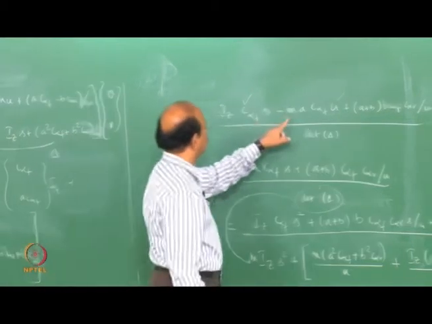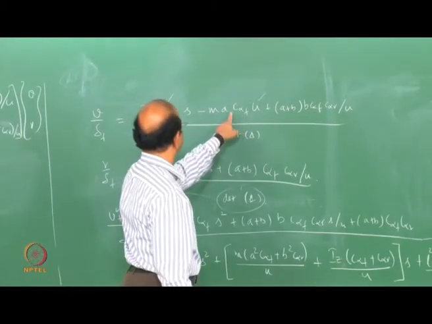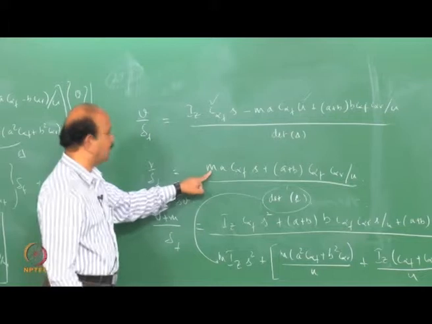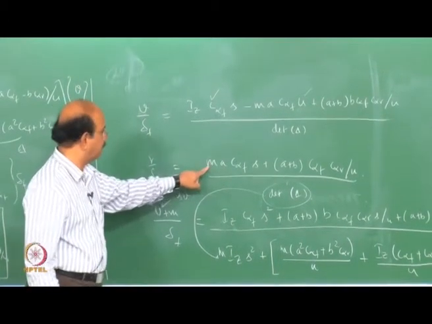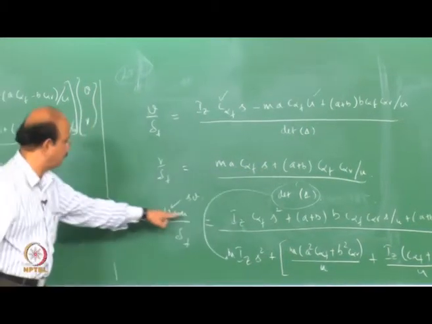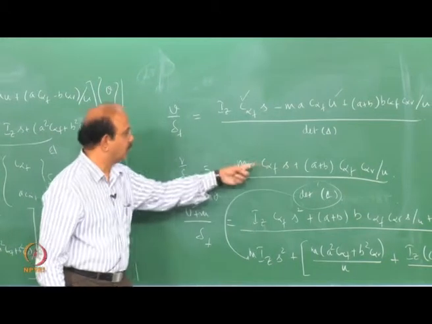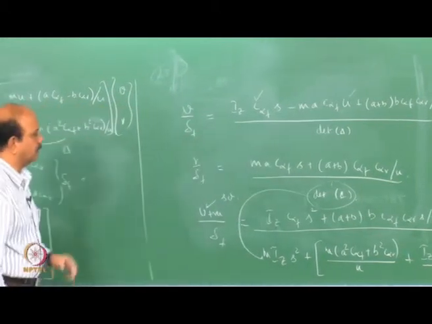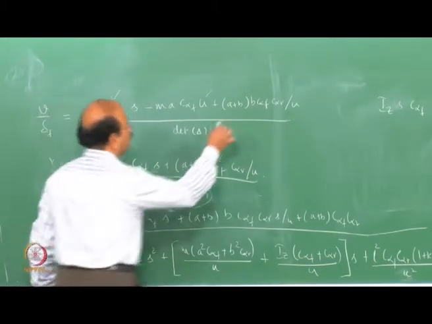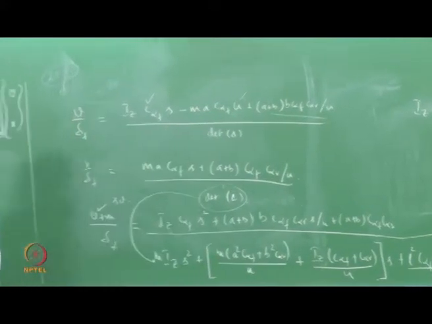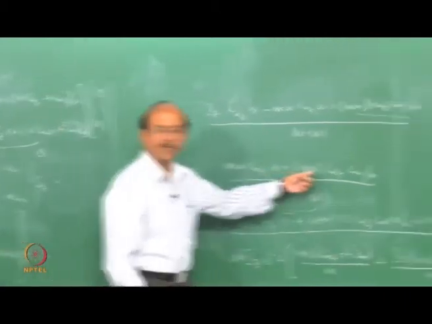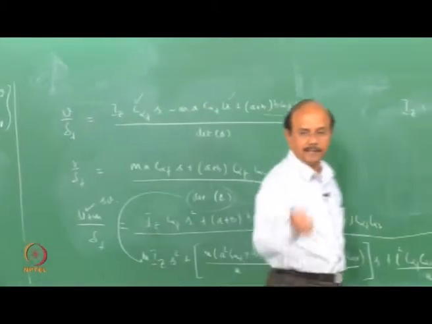Now this becomes minus a s C alpha f u, right, because here I have the same thing, m a C alpha f s into u. There will be a u here. So this term and that term will go off. So that is an important thing. Now you see that this term is multiplied by s, and that's the term I have here, and this term is multiplied by u, and that's the term I have here, correct.